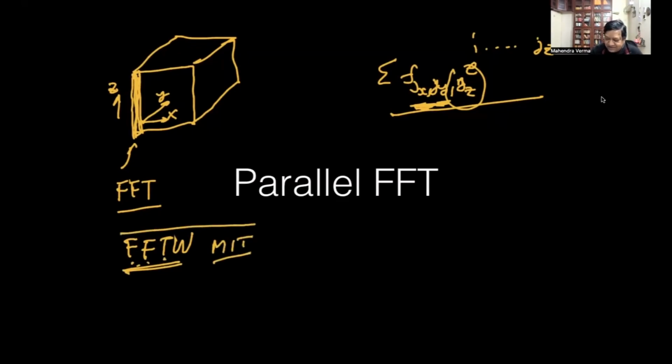This is available for 1D, 2D, 3D. You can also use it for 3D, but when I use parallel, which I'm going to describe today, we can use this 1D FFT of FFTW. I'm going to show you why we need to improve this. FFTW of MIT is not sufficient. In fact, we need to do more work than MIT FFTW. So let's get there.